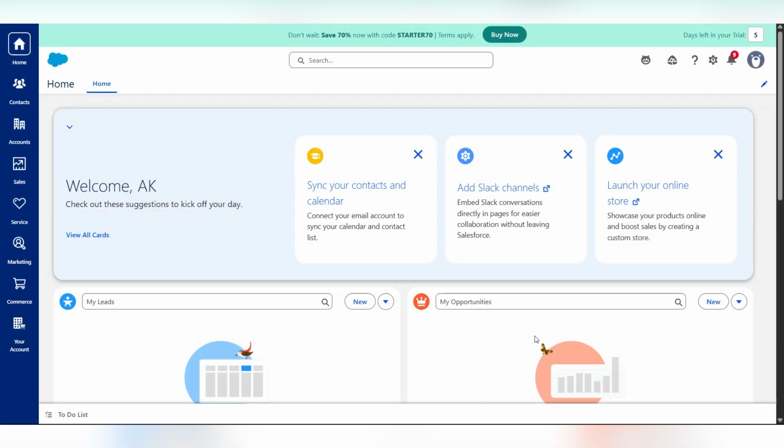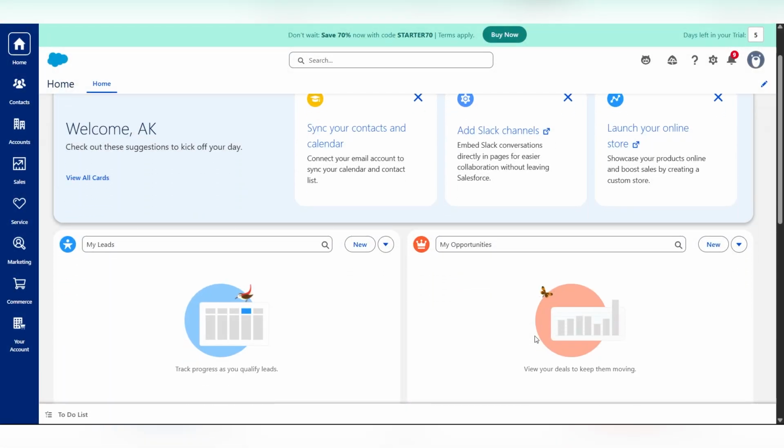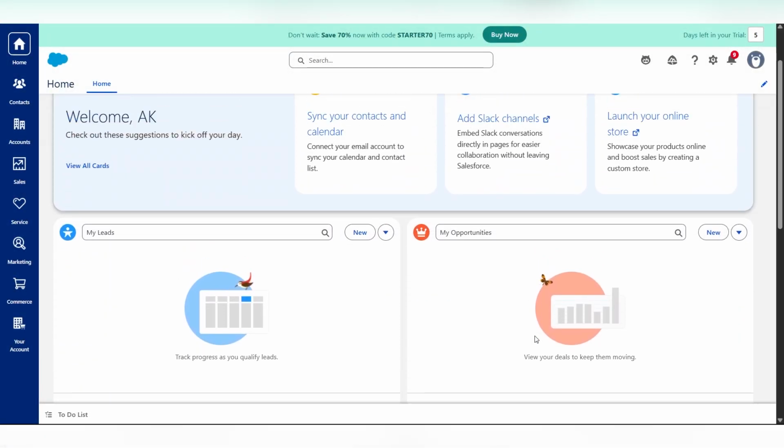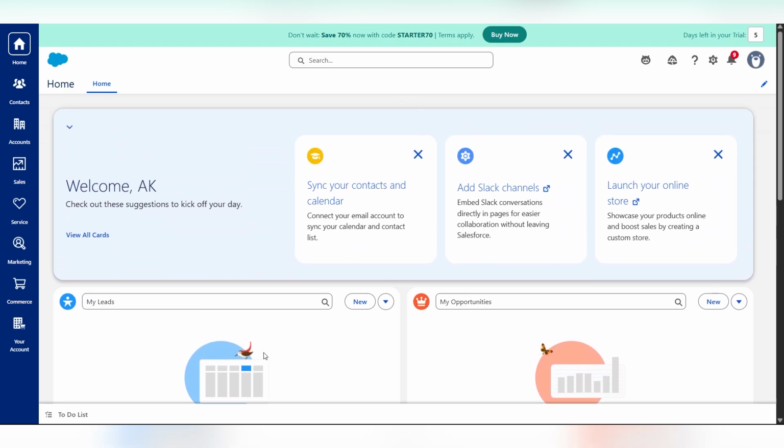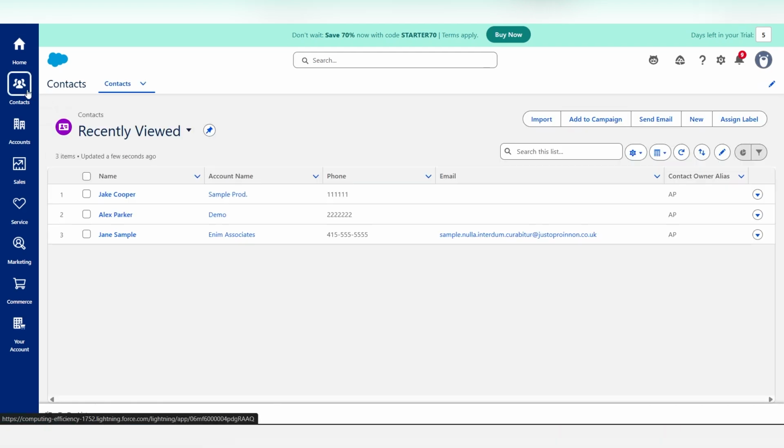In this video, I'll show you how to use the Salesforce CRM Data Loader step by step. To begin, navigate to salesforce.com and make sure you're logged into your Salesforce account. Next, go to the area where you want to import your data, such as leads, opportunities, contacts, or any other